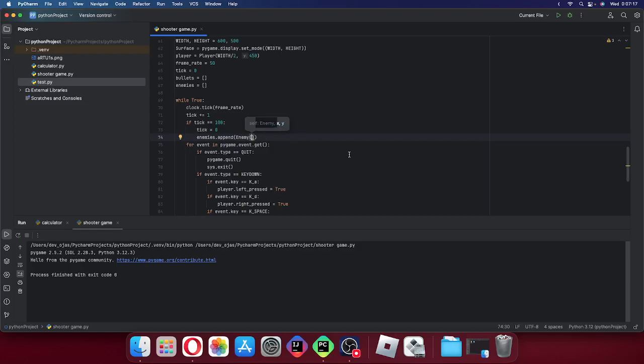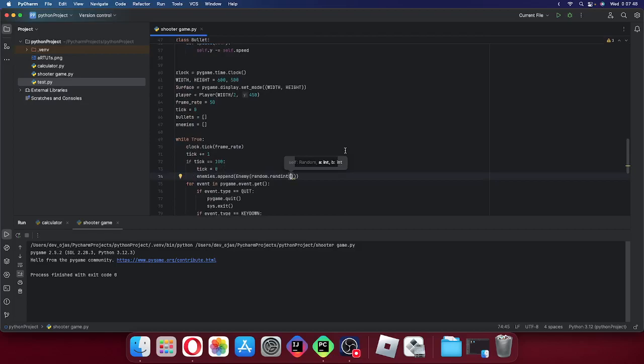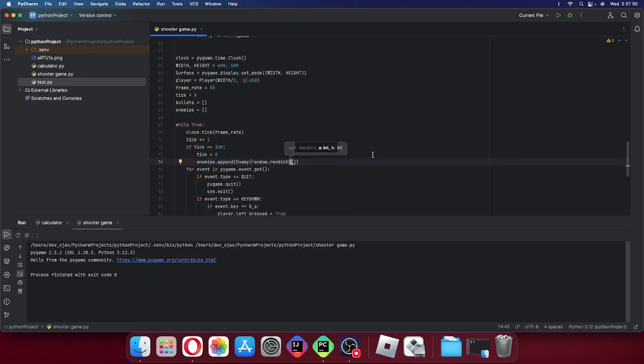So the x will be, we are going to use random dot randint. This randint will give us a random integer between whatever values a and b are. So what we are going to do is set it to be 0,